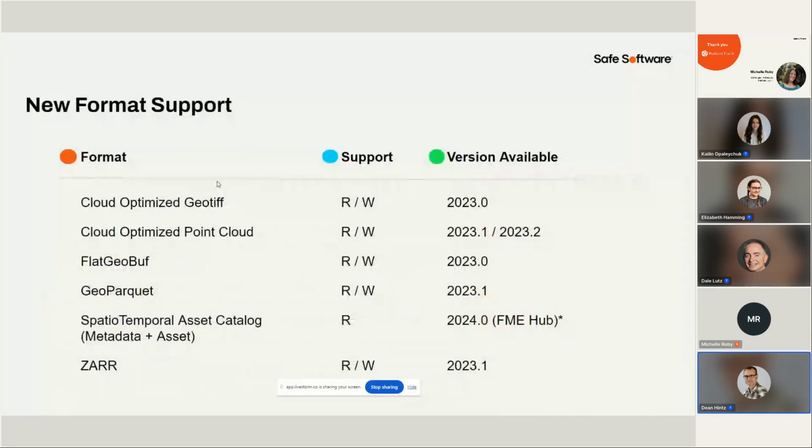And so, here's the format support that we currently have. As we've heard discussed, Cloud-Optimized GeoTIFF is really the pioneer. And then STAC is very essential. It took us a little bit to get STAC right. We've been working on that for a while, and so we're feeling very good about that. That's actually delivered as a package from the hub, so it's a way we can do continuous release on that. And then you can see FlatGeoBuf and GeoParquet for vector data, point clouds, COPC, and ZARR for time series.